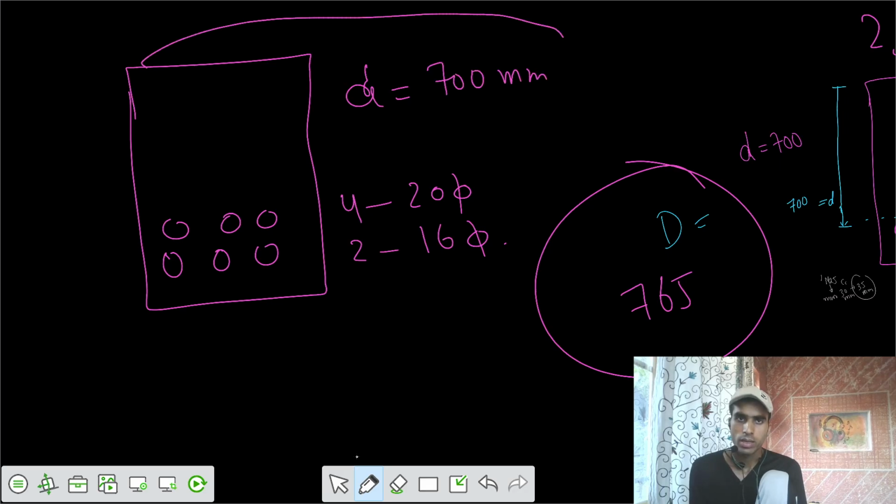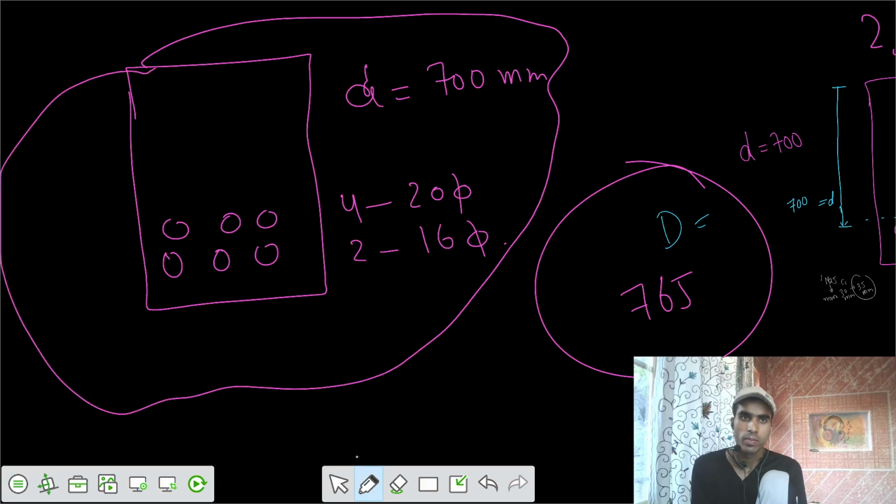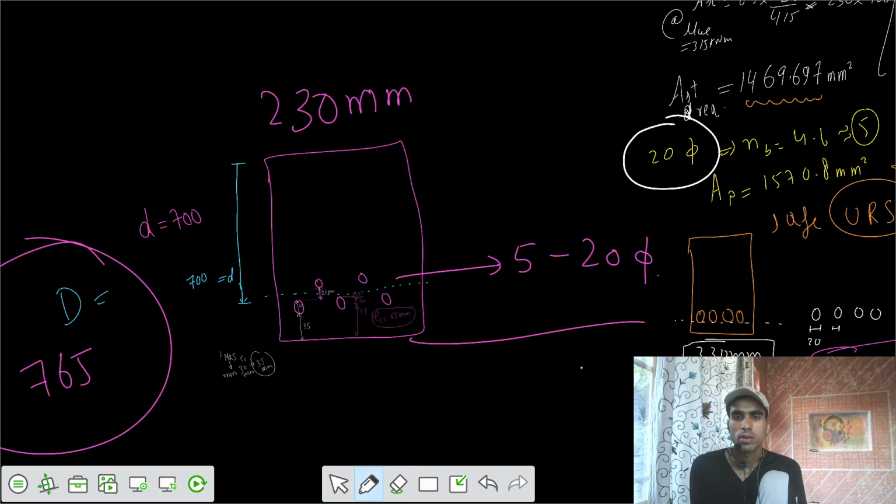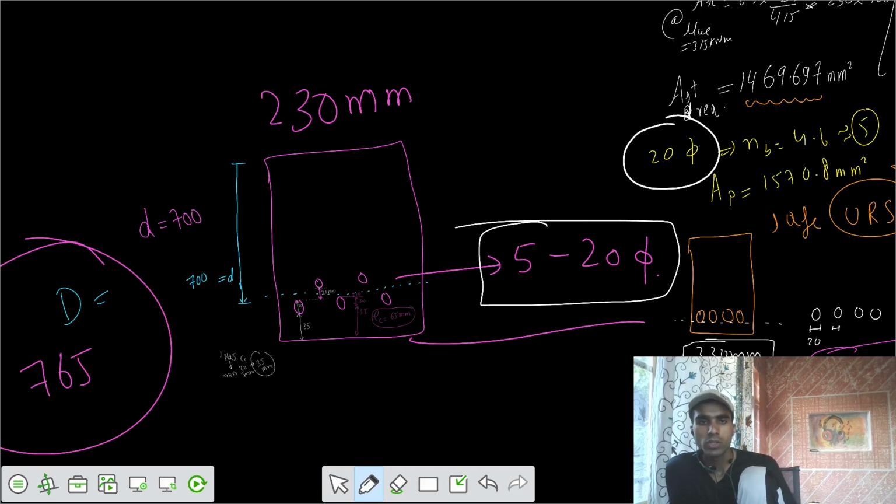This is one of the cases we can also have. Out of those six bars, we have two bars of 16.5 and four bars of 25. This is one of the different approaches we can also have. But I assume that we are going to take the same diameter of bars, as 5 number of 25 bars. So you should always try to prefer